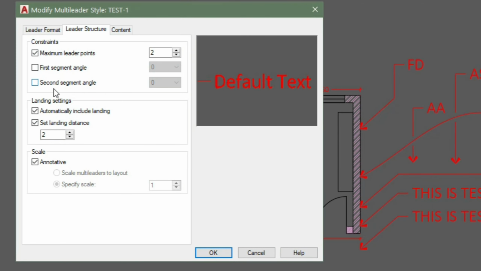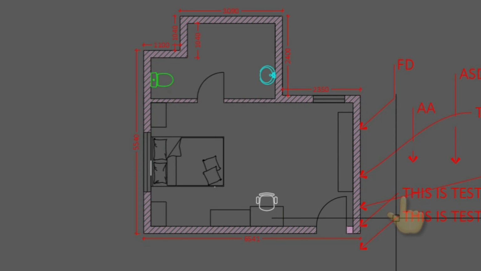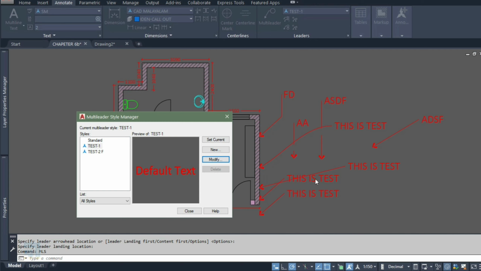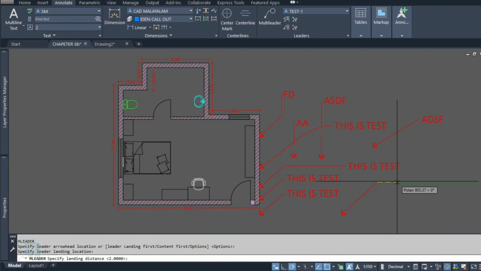Next one is landing settings. If you provide automatic landing settings, there will be one gapped landing. That is the marked item. If you untick this one, there will not be a landing. It does not look nice. We actually have to provide it. If you tick the landing and don't put the automatic landing gap, when you are making the leader, you have to click 3 times like this.